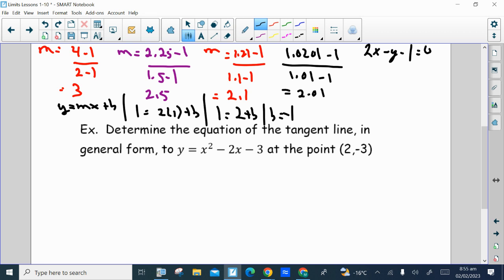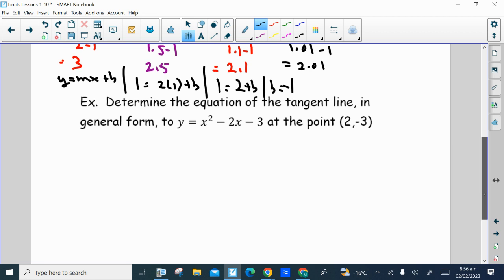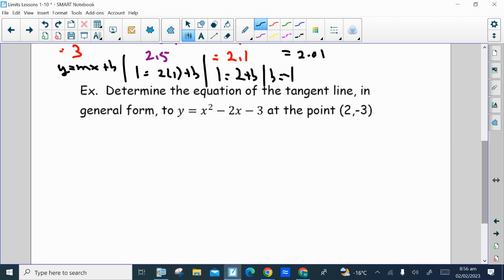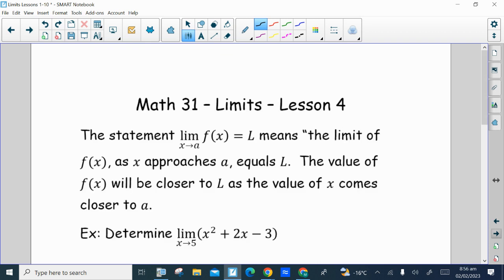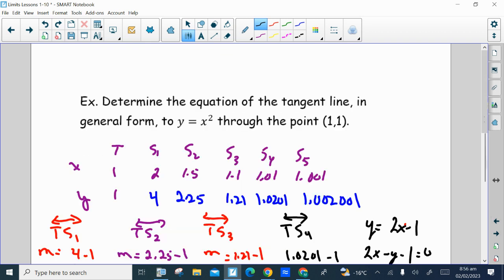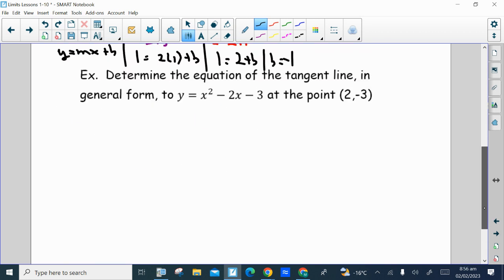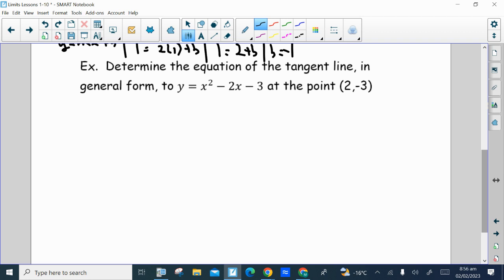Now we can do the same thing with this next example, choosing values of x that are getting closer and closer to a value of positive 2. We can do exactly the same thing and generate what that equation is. But I'm just going to skip this. It's the same thing. They're just crunching numbers in the calculator basically, and then guessing what the equation or the slope of the tangent line is. So I will stop there,